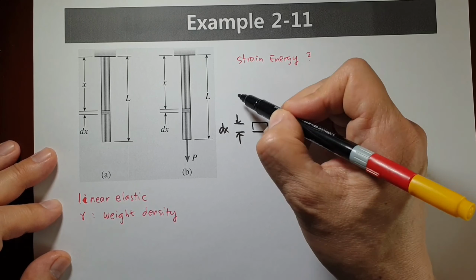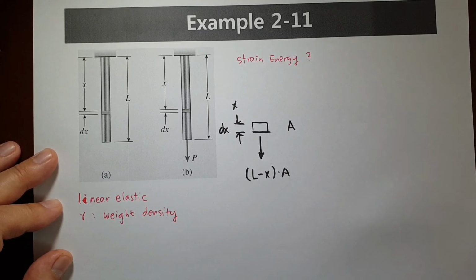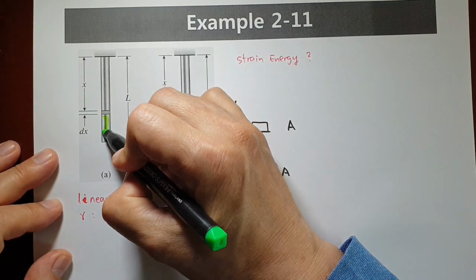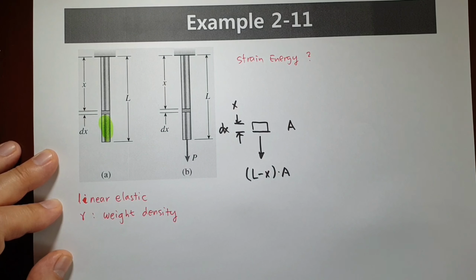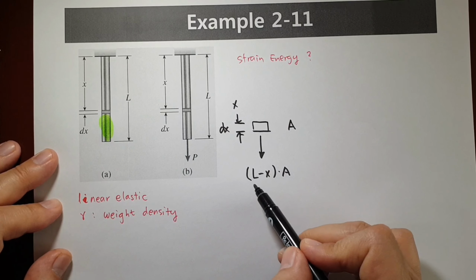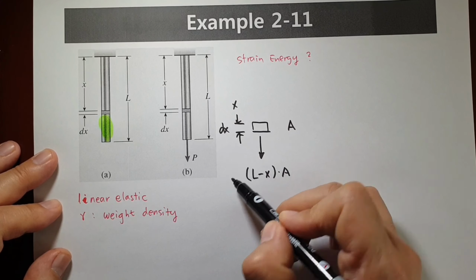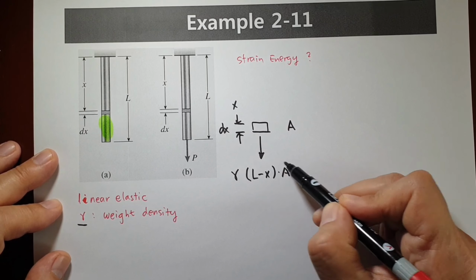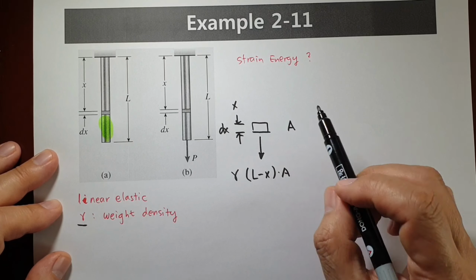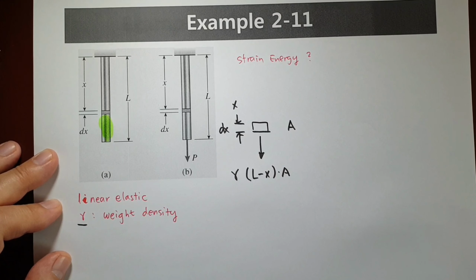We would like to calculate the volume. Then this amount of volume is acting downward. And this one is volume, and weight density is gamma. Gamma is given. Then this force is acting there when located at x position. Okay, for this element,